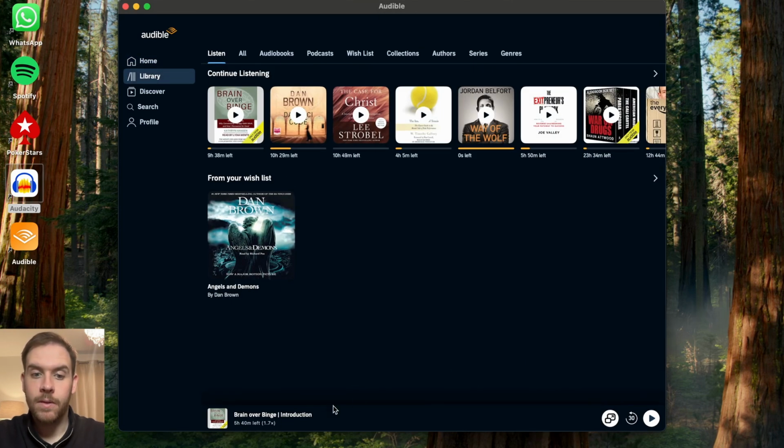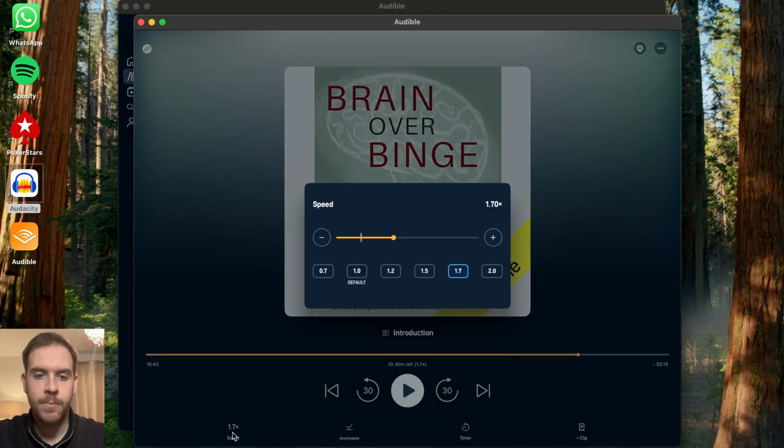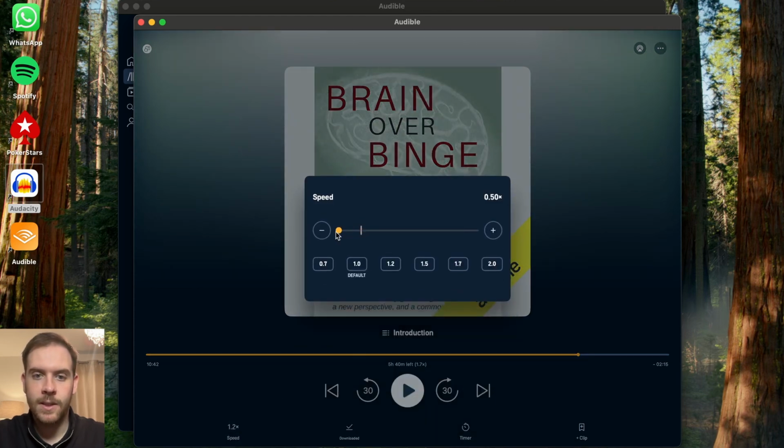I've selected Brain Over Binge and press this button on the bottom row, and that's going to open up the listening page. And then from there you basically got this toggle button. It's 1.7x speed button on the bottom left. Press that, and then that's actually going to give you the option to either speed up or slow down the